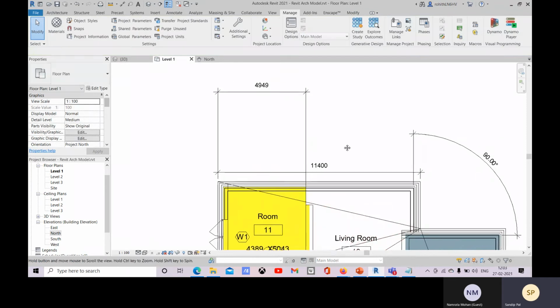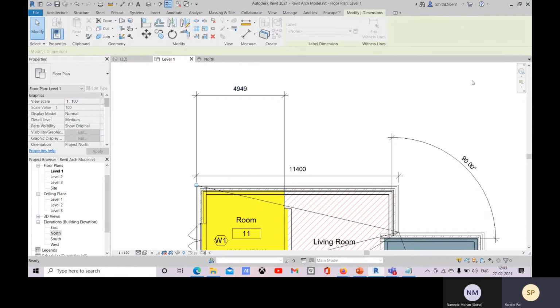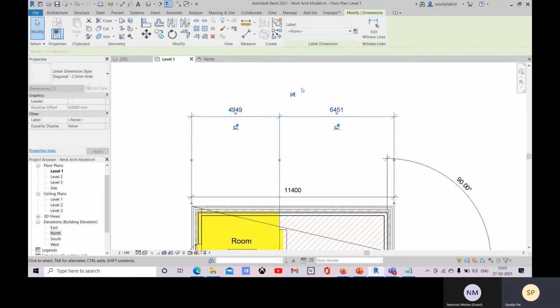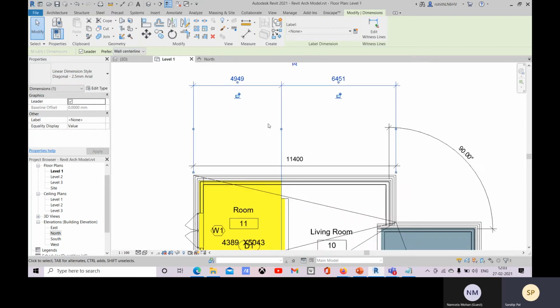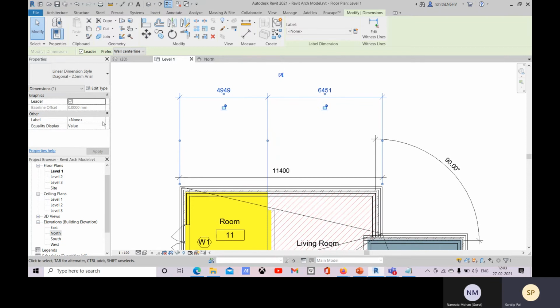All right, so this is about your edit witness line, how it works. Select it, edit witness line, then you place the point, and then click outside. If you want to make it equal, you can make it. Here we don't want to make it equal. And here no label.